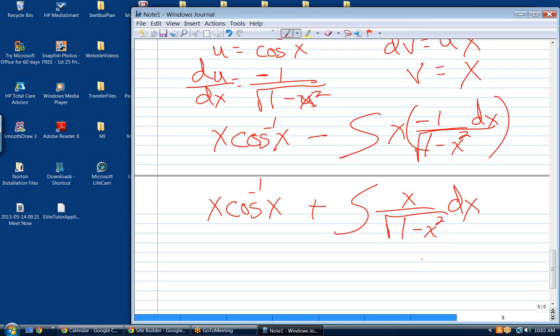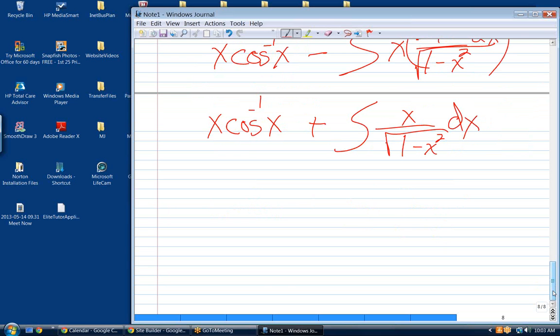Now what can we use to integrate this? Now we can use substitution. Some people would say that you'd have to use substitution. Other people would say, well, you could just use the power rule. But just so that you understand the power rule when used in this sequence, let's use substitution